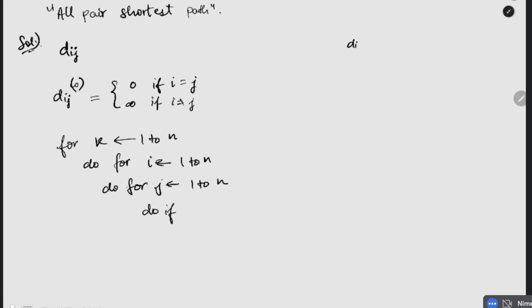This is just pseudocode that we are trying to write for Floyd-Warshall. If Cij, or we have called it Dij, is greater than Dik plus Dkj,